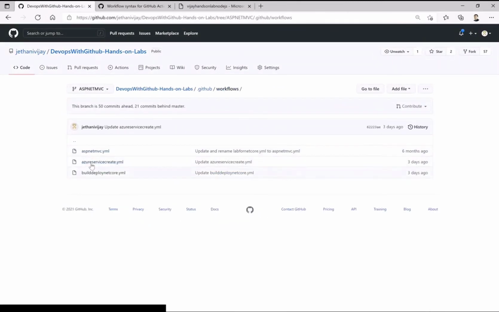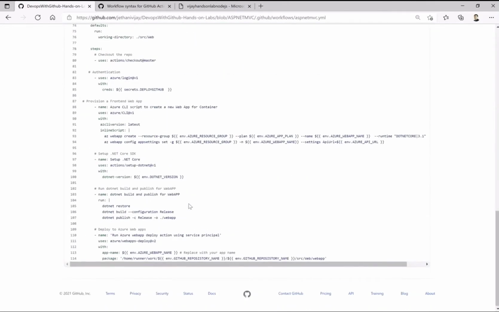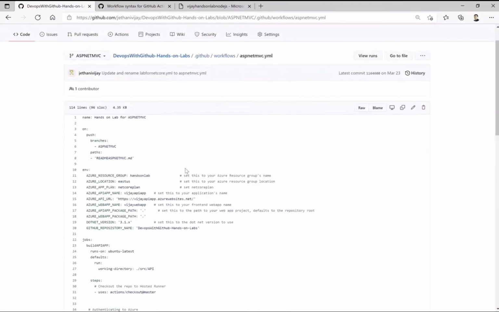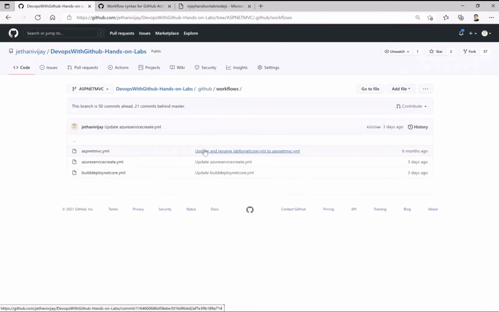This is a combination of both of them, so if you create those together, you can also use this workflow. The only thing is you have to create a storage account before, to avoid that issue which I have shown you. There's a dependency of one workflow on another. So how can I do that? In two ways. I can fetch that programmatically and then append that, but many times the service itself is not available. So that is the reason we are splitting them into service creation, and then second, build and deploy. And also in production use cases, you will see that you will not create services quite often.